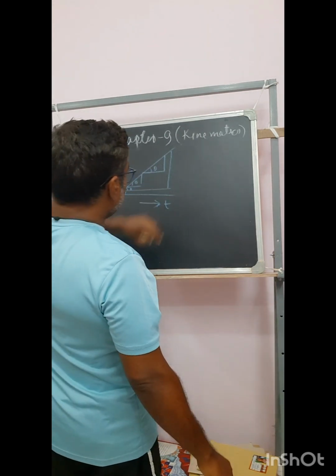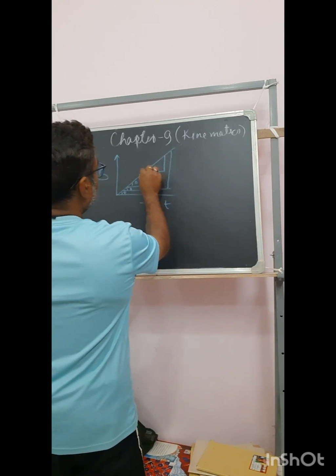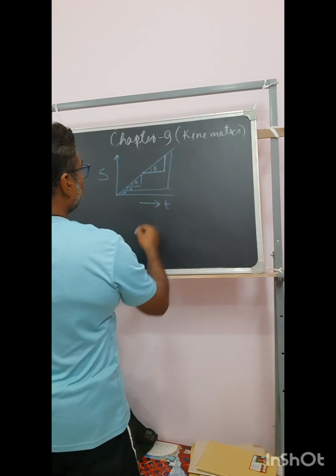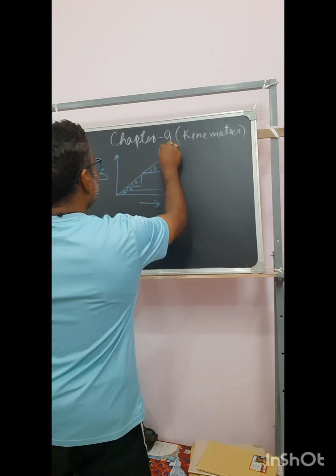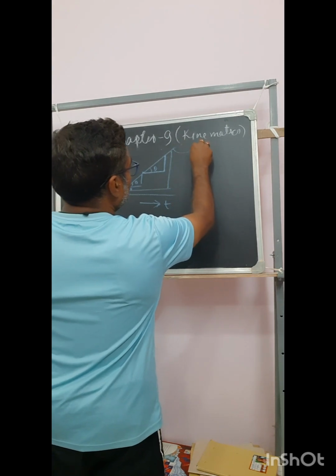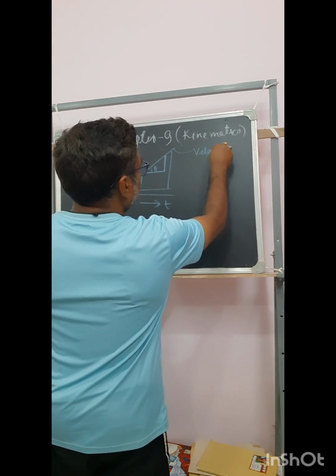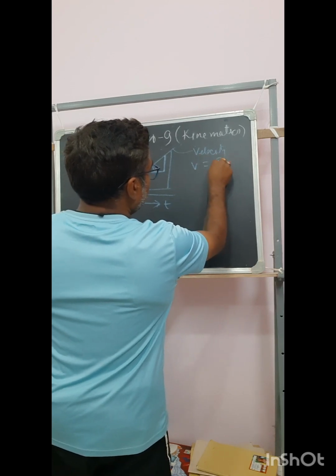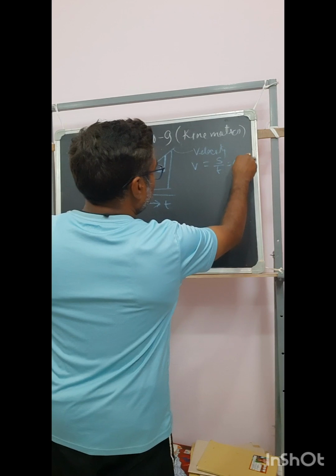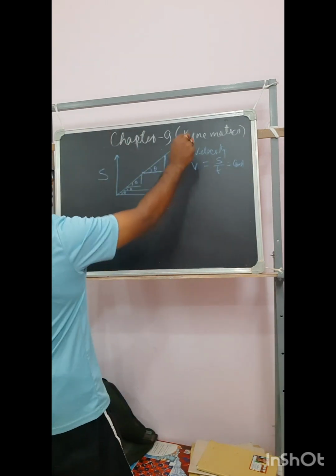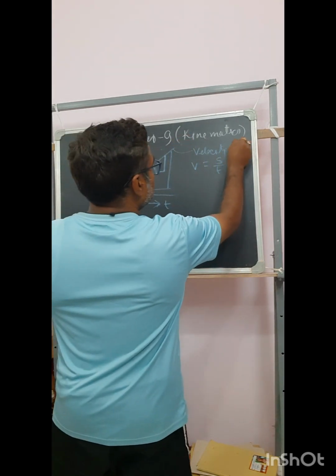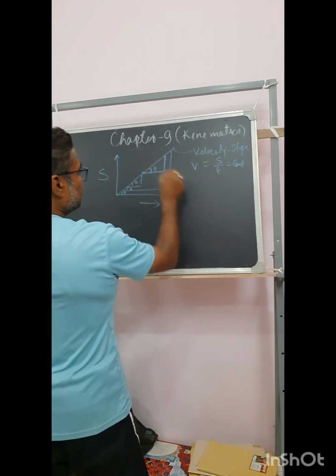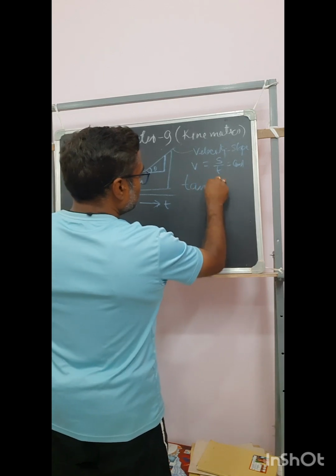And how will you calculate theta? If you want to calculate theta for any time span, let's say I consider this time span and two position vectors, this curve will give you the velocity, and the velocity here is constant, which I have read. How? Because s by t is constant. s by t is nothing but the velocity, and this represents the slope of the curve. Velocity is the slope of this curve. Now if the slope of the curve is velocity, then tan theta is your slope